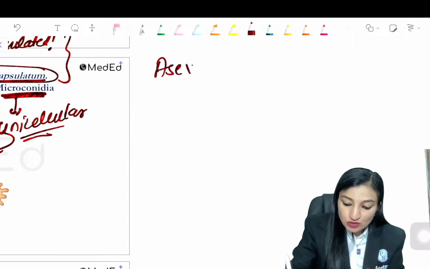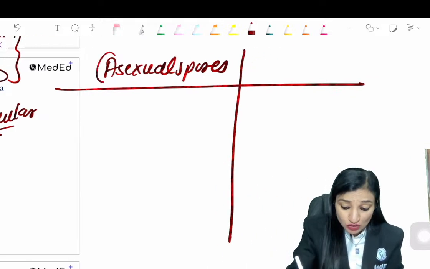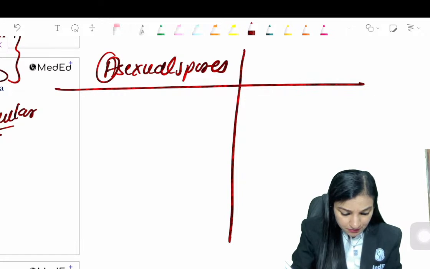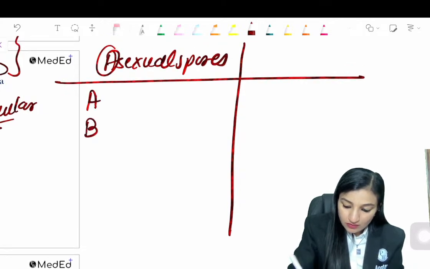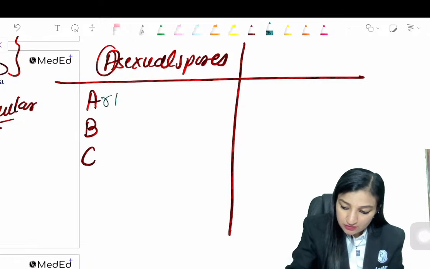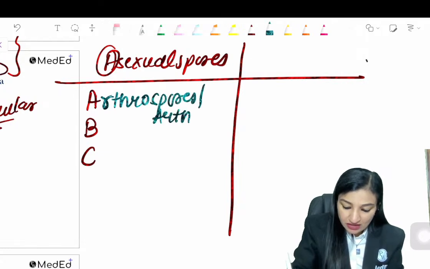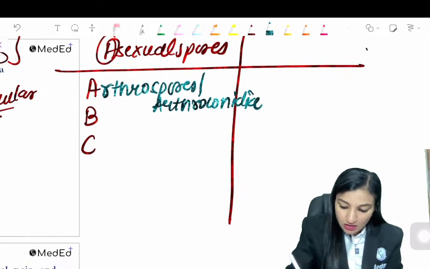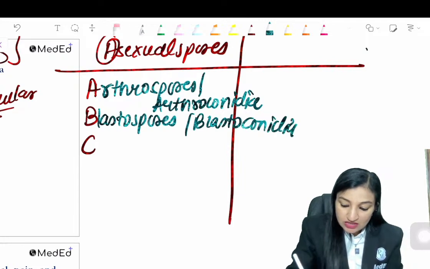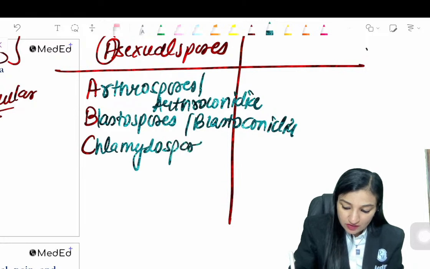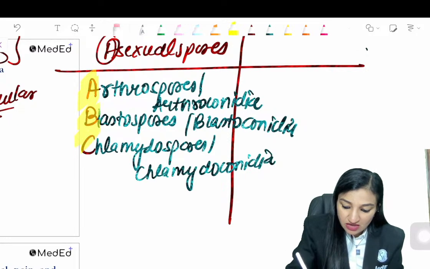Now, guys, the asexual spores in mycology. Again, these are questions. Which of the following is an asexual spore? Which is a sexual spore? Remember A, B, C. A is arthrospores, also known as arthroconidia. B stands for blastospores or blastoconidia. C stands for chlamydospores, also known as chlamydoconidia. So remember ABC and